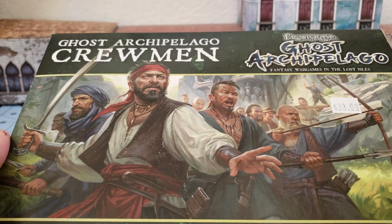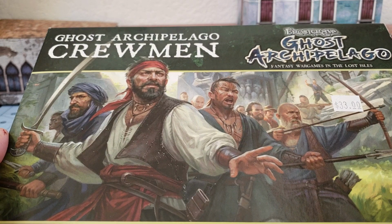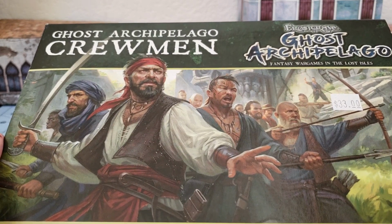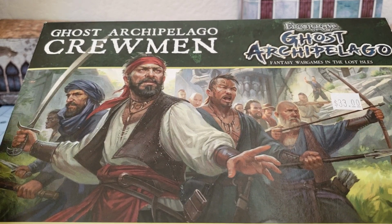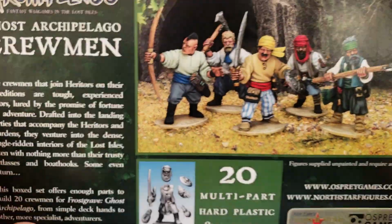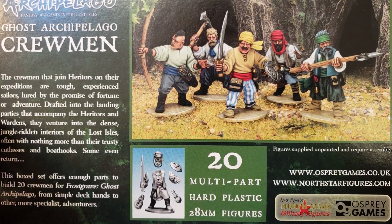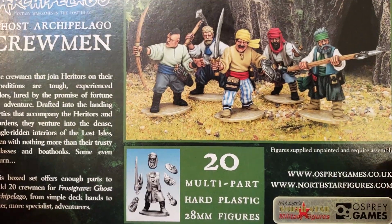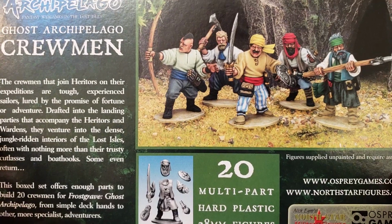So this was the first plastic box that Northstar Miniatures in conjunction with Osprey put out for the Ghost Archipelago sub-game, I guess you could call it, or sister game of Frostgrave. They're very similar, but this is a nice little set because it is completely compatible with all of the plastic figures that Northstar has released so far for Frostgrave. So very cool. Inside each box you're going to get 20 figures and little bases to go with them, but